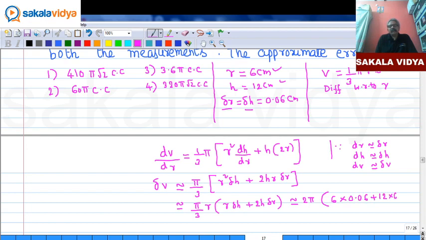12 into 0.06 approximately equal to 0.06 common, 0.12 pi into 18. So, now